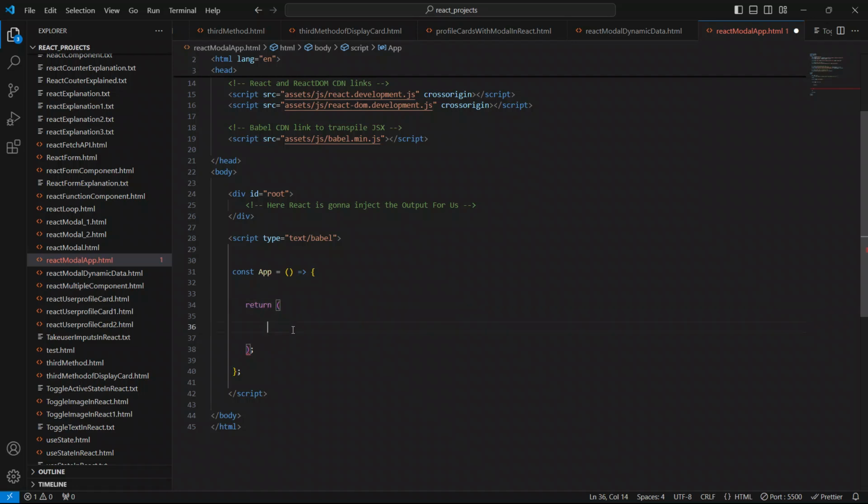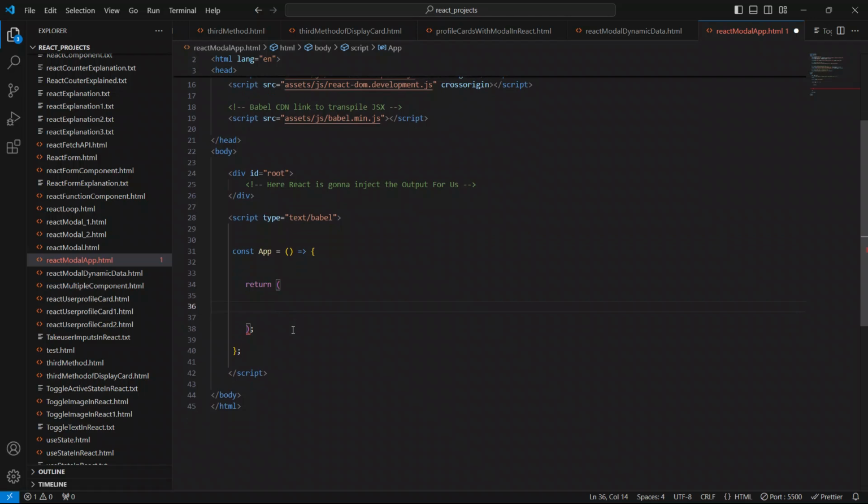Whenever we are working with React, you are free to use JSX fragments also. So I will be using here the